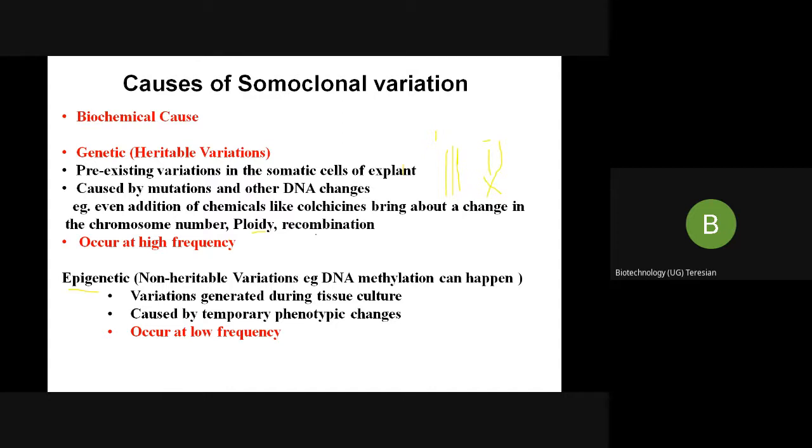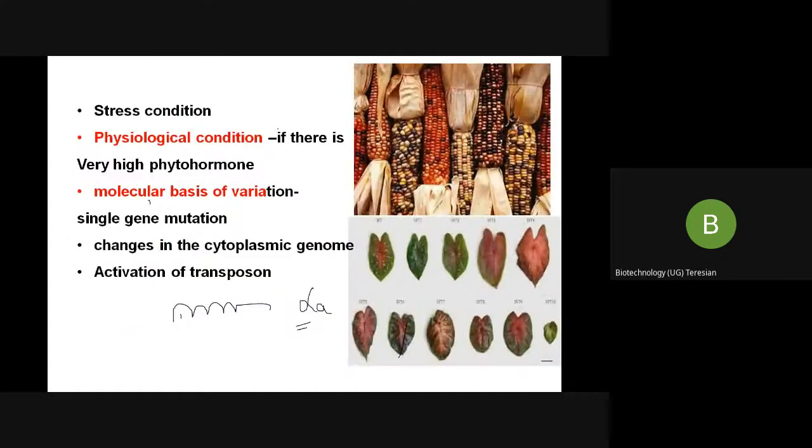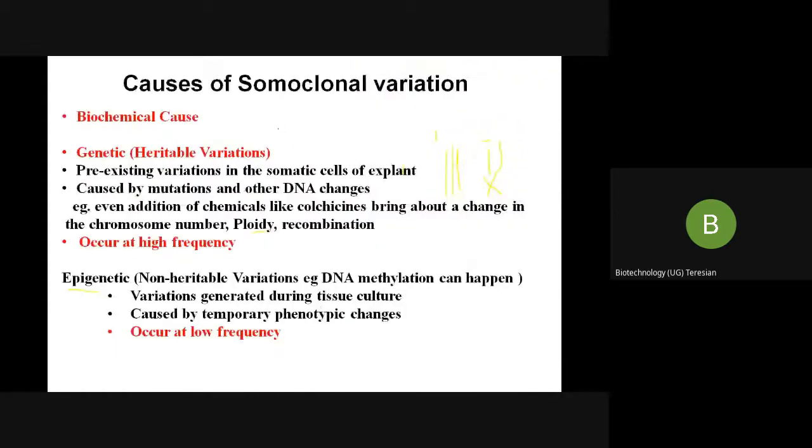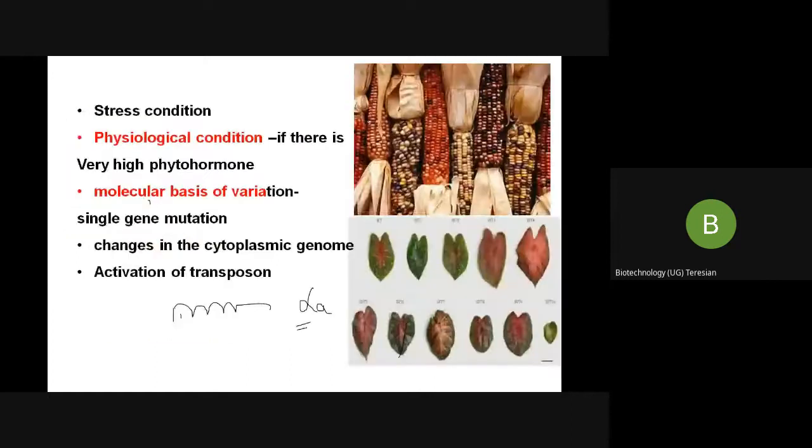And all of this, what I am speaking on this slide, is resulting in variation, some changes. And remember, the changes can be positive. It can have a beneficial effect, or it can have a deleterious effect. So it can have merit and demerit also. But whatever we spoke about now was all the demerits. We spoke about the physiological basis, genetic basis, then epigenetic, and biochemical variation.